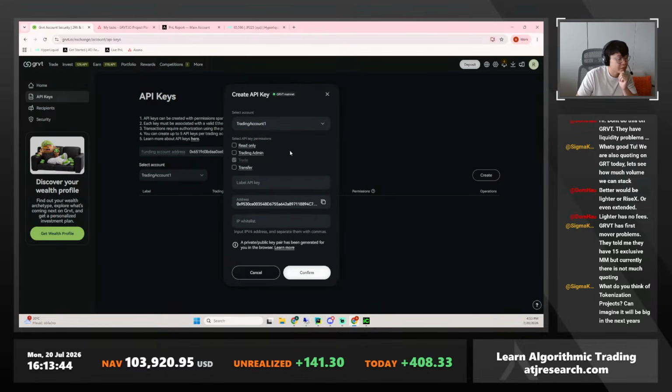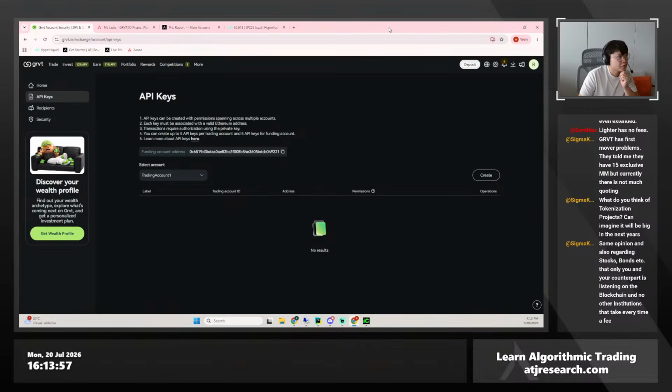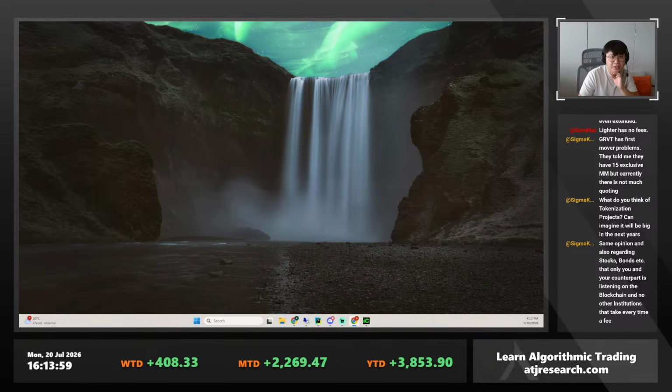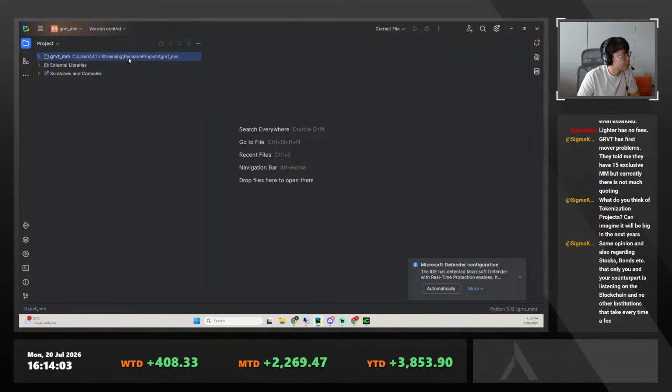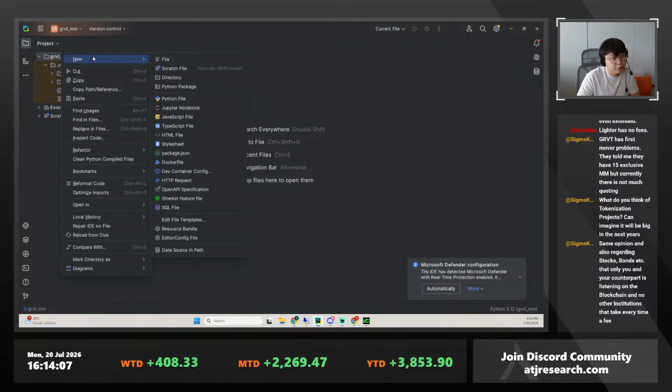Let's do the convenient one, right? I can always change the API keys later. I just have to be sure not to leak my keys now, right? That is going to be very important. So I'm gonna do it off screen for a second to just quickly generate the API keys. And I've already prepared like a project, right? So this is going to my project. I'm going to share with my members,